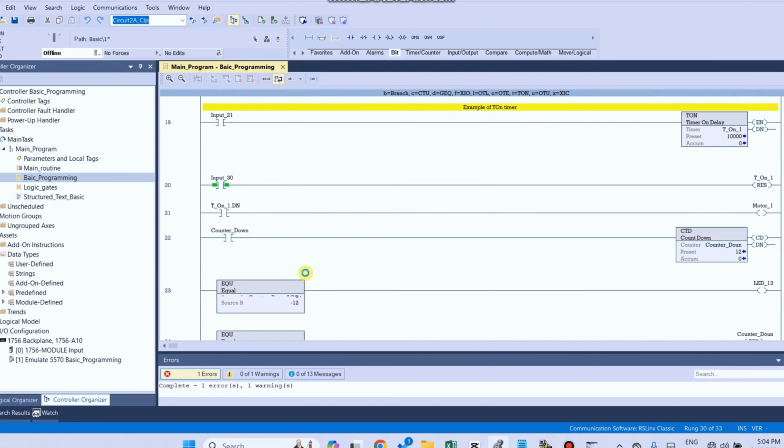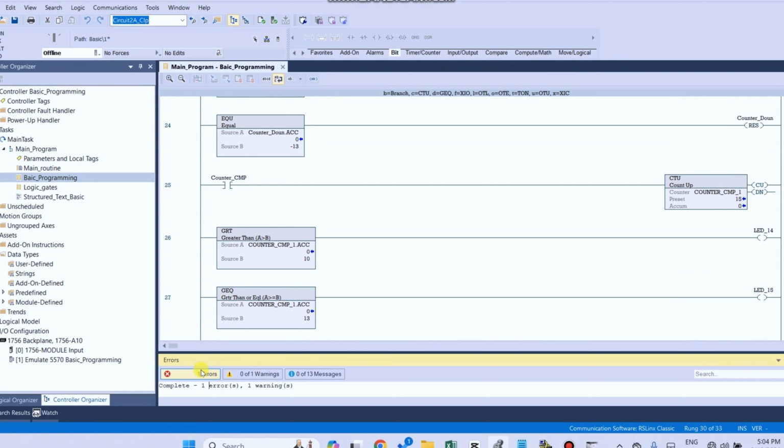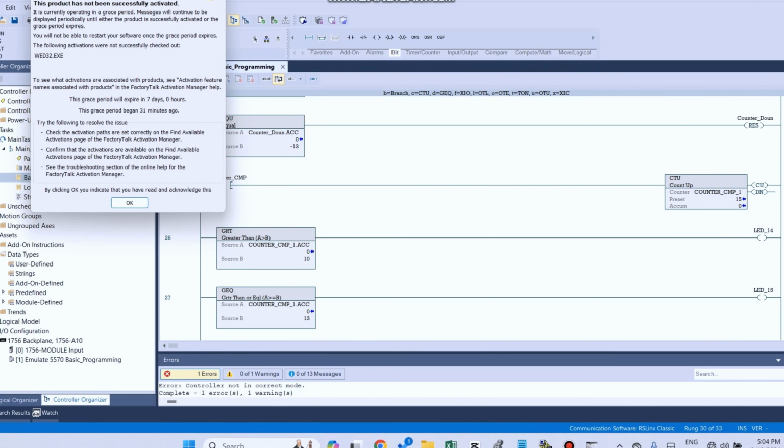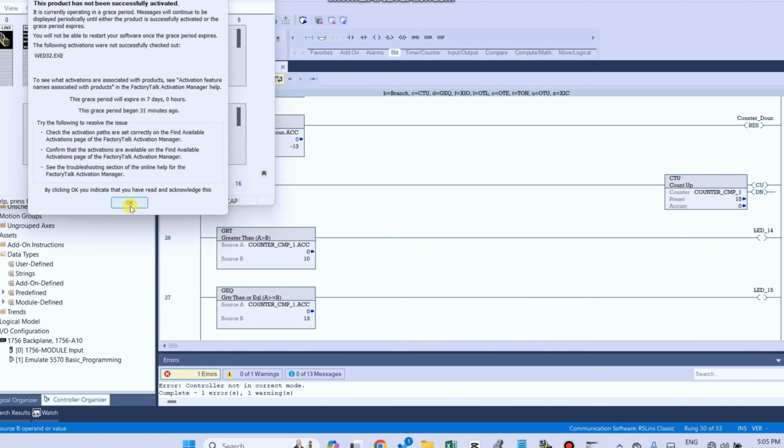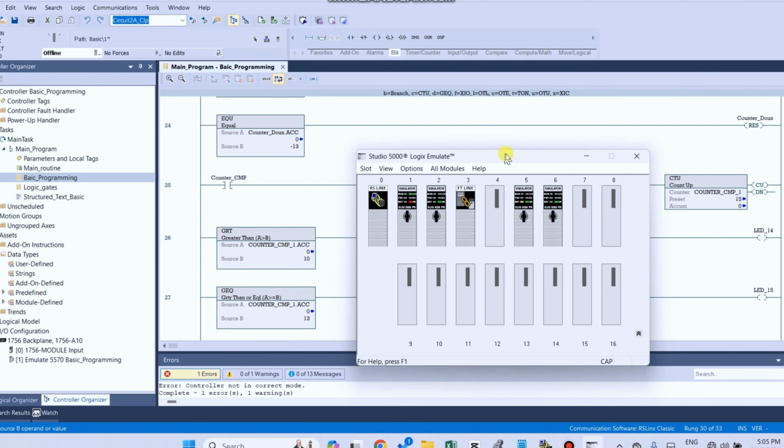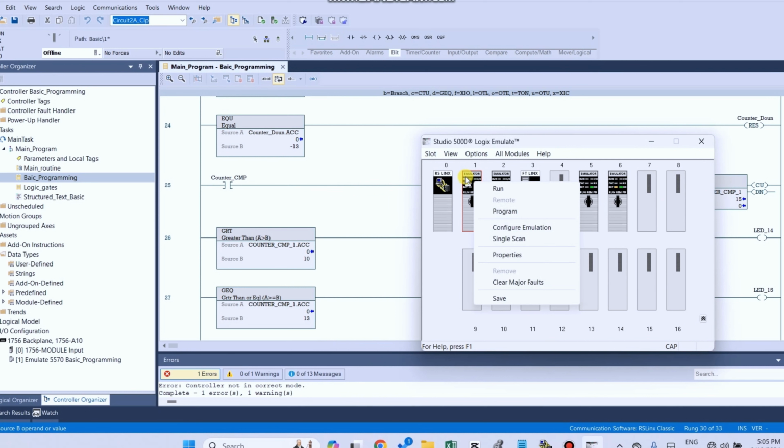What is the error? Controller is not in the correct mode. So I think the controller is in fault mode. Why does the program not download?